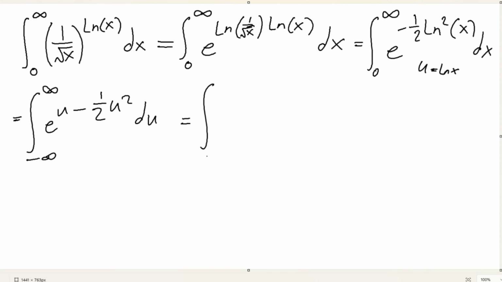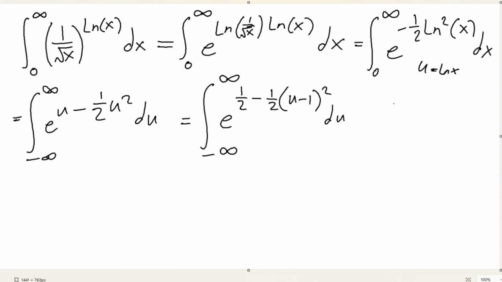And then here, you have no other choice but to complete the square. It's going to be nasty, but once you get used to it, this is just pretty much a half, and then u minus 1 squared